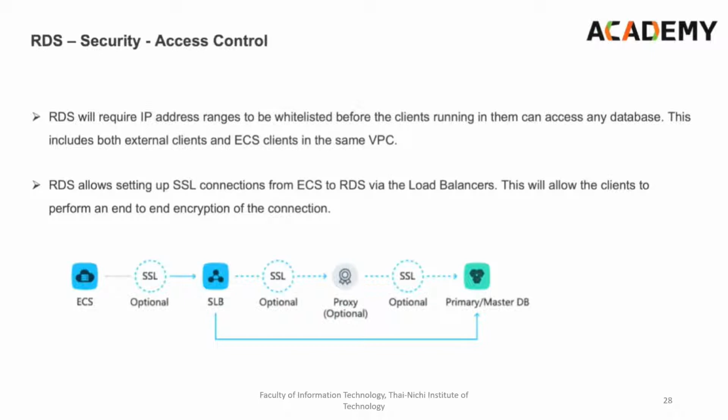We have seen enough about the server load balancers in a previous video. This will allow the clients to perform end-to-end encryption of the connection. So the picture which is listed here will show how this access control has been done. So this ECS instances through the SLB will connect through the